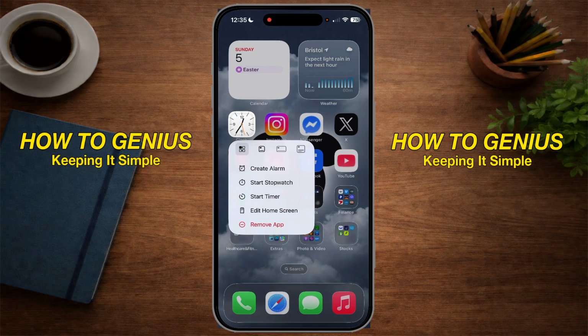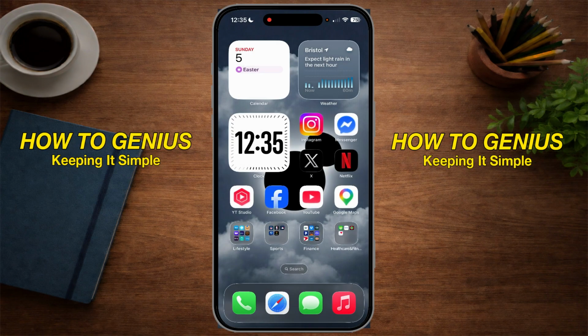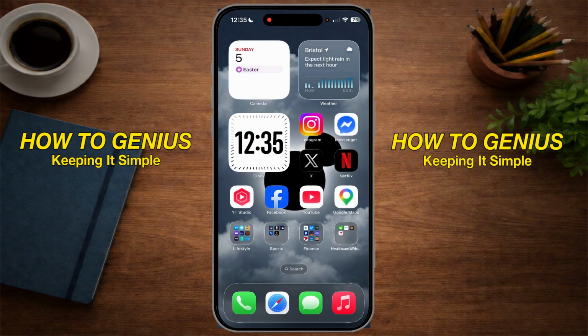So what we can do is, as you see the different sizes here at the top of the little screen, go ahead and make that bigger, and then you can have that sit there if you're someone that wants a bigger clock size. We can also go ahead and click and hold, and I'm just going to put that back the way it